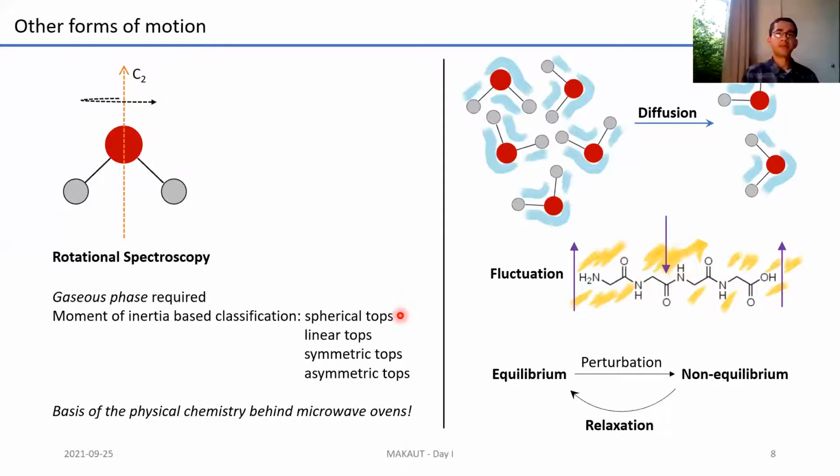Apart from rotational spectroscopy, there are some other modes of motion that are associated with molecules, such as diffusion. This is a physical phenomenon most of you know from your high school physics and chemistry, that when there's a concentration of molecules on one side and a very dilute regime on the other side, the molecules are going to move from one side to another. The physics of it is complicated. There are fixed laws, and you need to solve peculiar kinds of differential equations. But diffusion is a very common phenomenon that you see everywhere. This is something that molecules do.